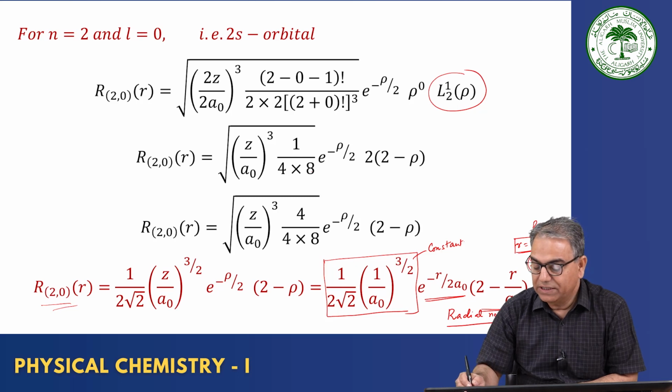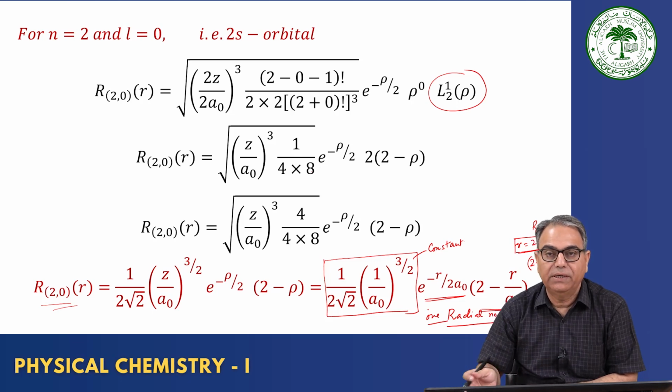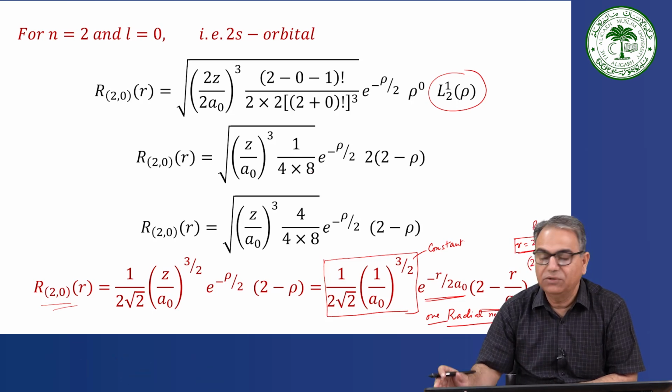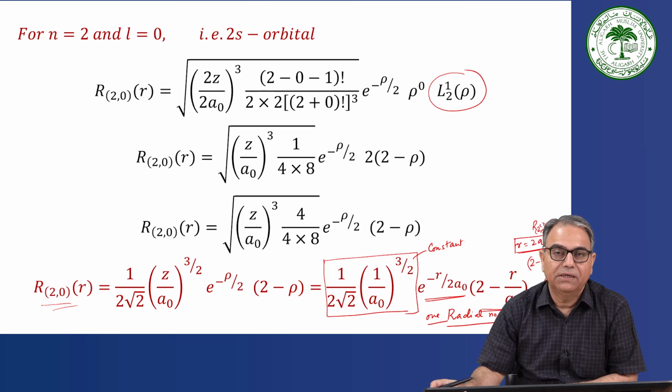Okay, so at least the existence of one radial node in 2s orbital is very obvious from this equation. You know that 2s orbital has a node, but now we have a mathematical explanation for the existence of one radial node in 2s orbital. Okay,